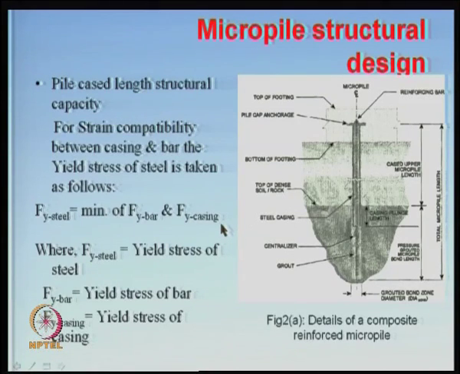There are two members here, one is the steel yield capacity. As I just mentioned, at the center of the micropile we have one rod, and the casing is also there. Whichever is the minimum of them you take. Say, for example, you may have mild steel as a casing with 250 MPa, and a ribbed TMT bar as the central rod with 415 MPa. So whichever is minimum we take for calculations.